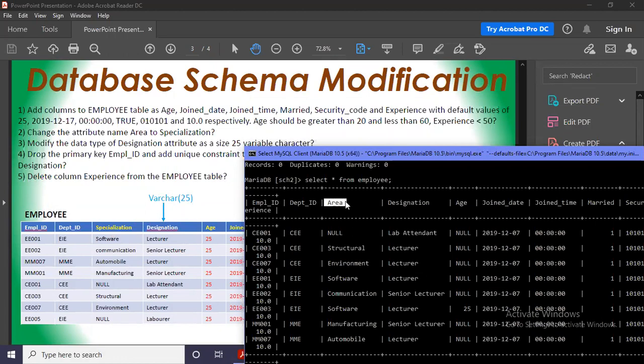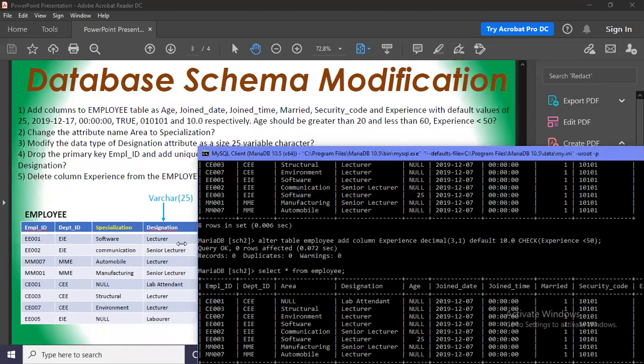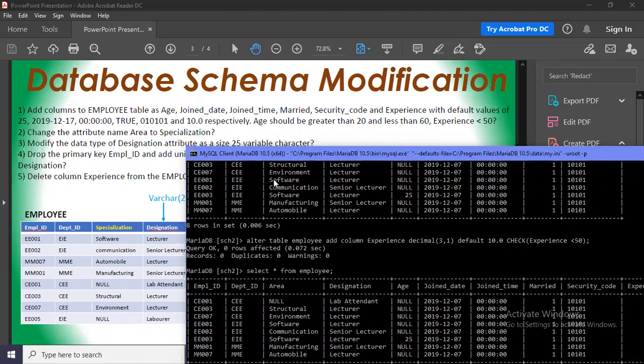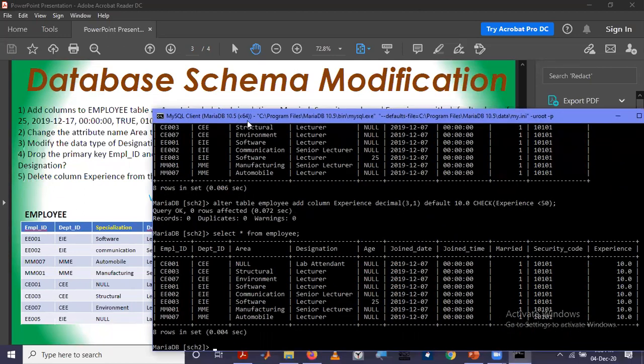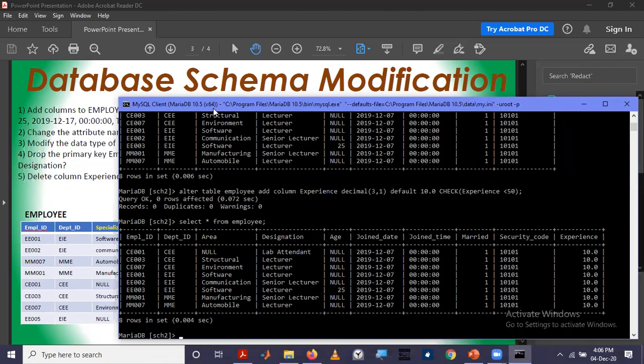When we are changing a constraint of a column, just like we added the default constraint, we can use alter column.